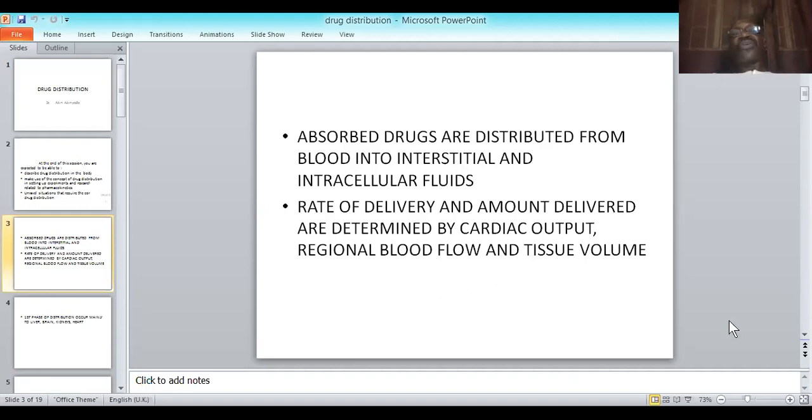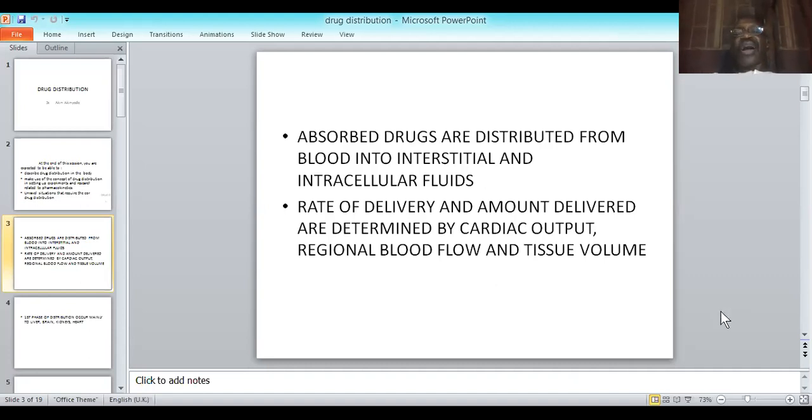Of course, when you administer drugs through the intravenous route, you have bypassed or circumvented absorption. And also, intra-articular administration of drugs and topical administration of drugs for the purpose of therapeutics do not include absorption of drugs. Having said this,